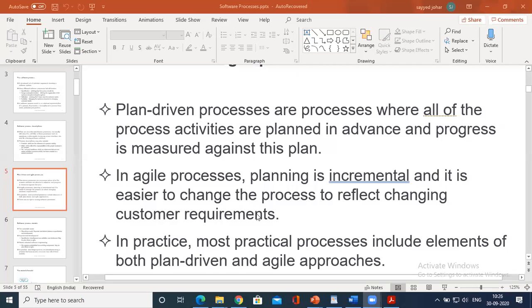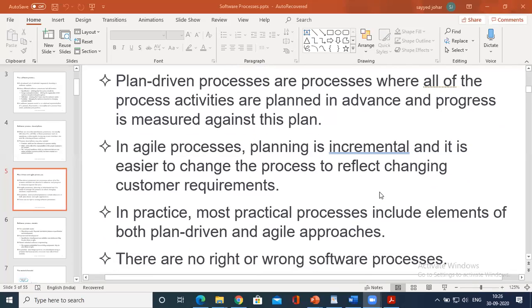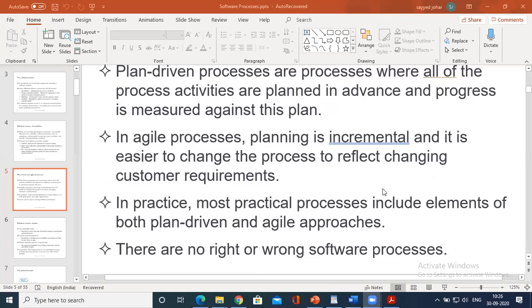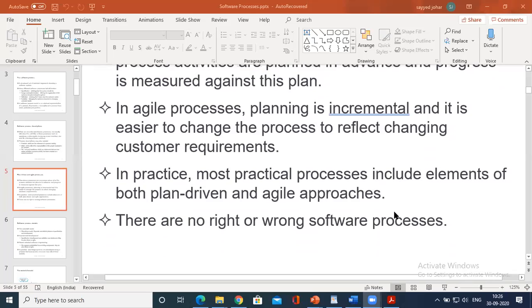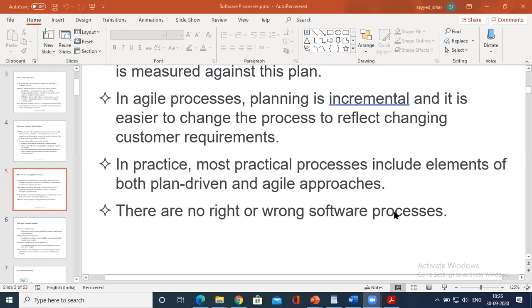When it comes to the agile process, whenever the customer requirement changes suddenly, incrementally, in that case we'll go for an incremental or agile process. So that is the conclusion. Most practical processes include elements of both plan driven and agile process. You cannot say this is right or this is wrong. It depends upon the kind of situation.